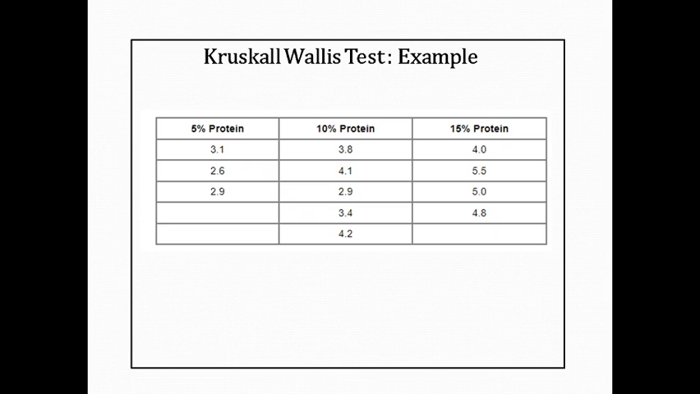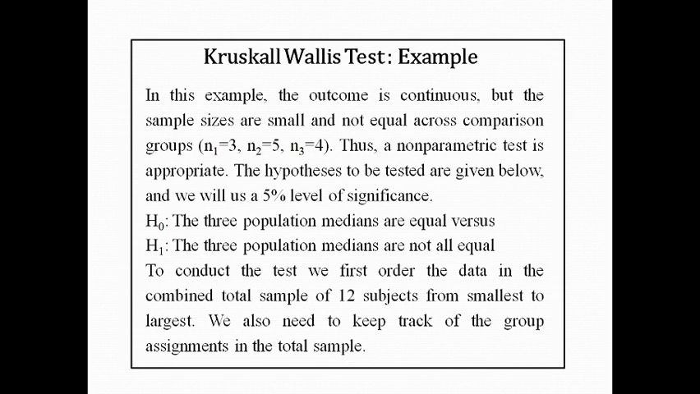In this example the outcome is continuous, because the protein levels are 3.1, 2.6 and so on. So your outcome is in continuous form, that is numerical. But the sample sizes are small and not equal across comparison groups. That means in your example continuous data is given, and the sample sizes are small but not equal